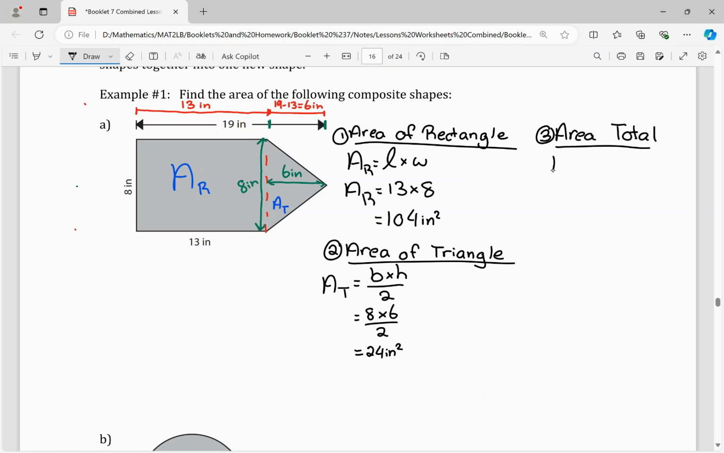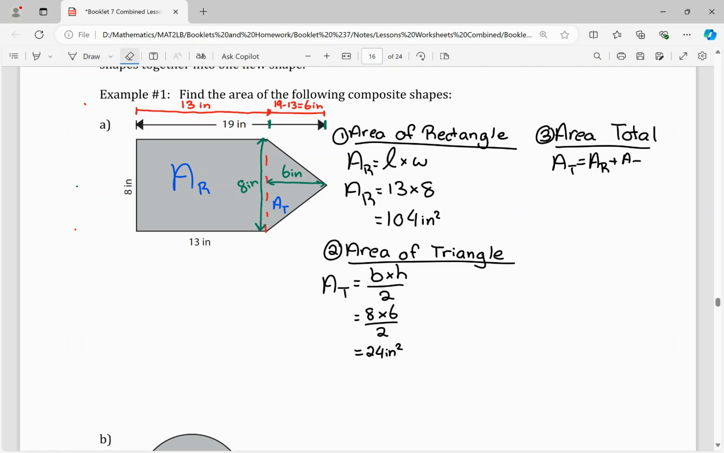I am going to use AT as a shorthand to represent the area, not of the rectangle, not of the triangle, but of everything, of them both put together. The area of the triangle is equal to the area of the rectangle plus the area of